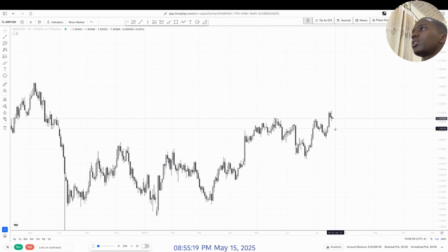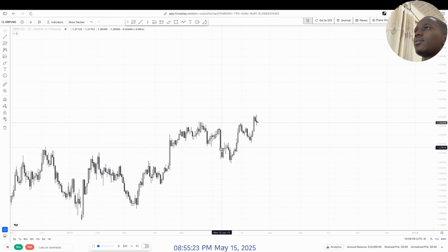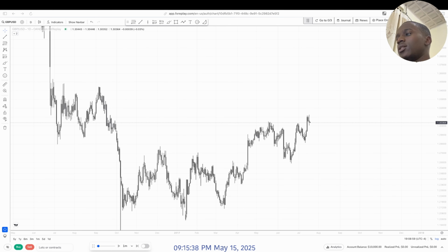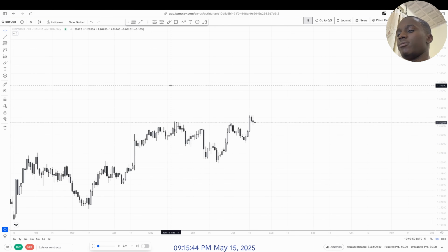So daily is pushing higher. We're in the daily fair value gap, and this is the next point of liquidity we have. Sorry for the pause, guys. So let's go into it. On the daily, you can see that we have some fair value gaps. When we go on the weekly,